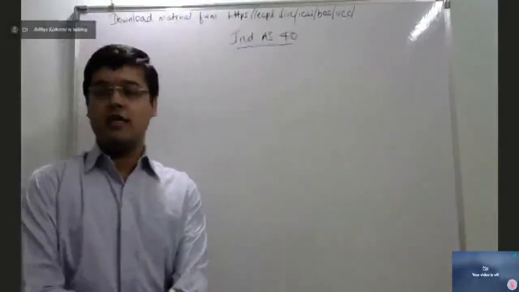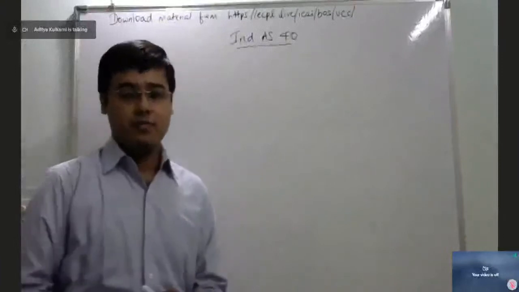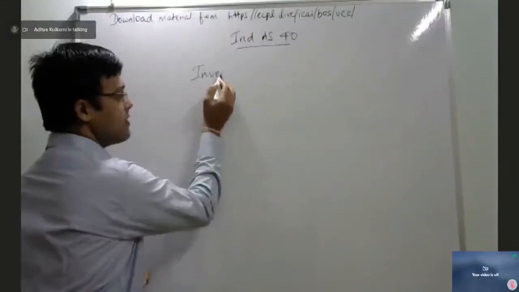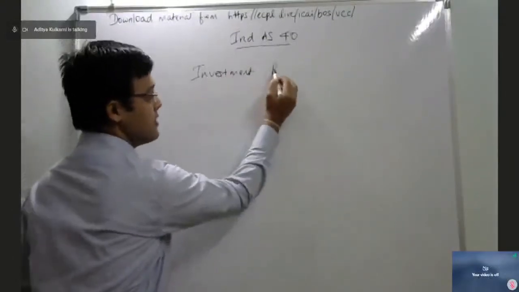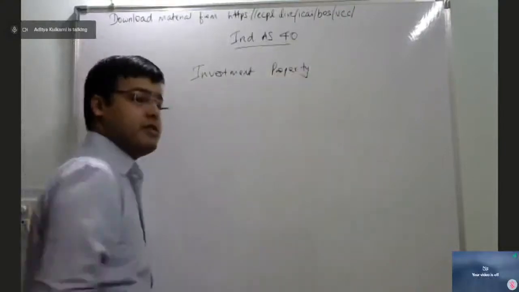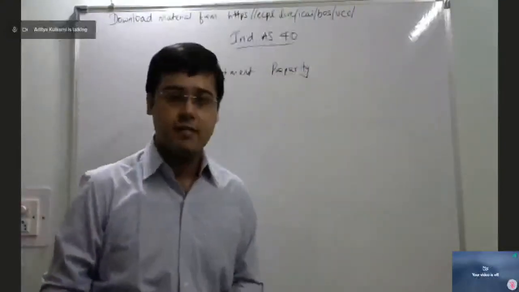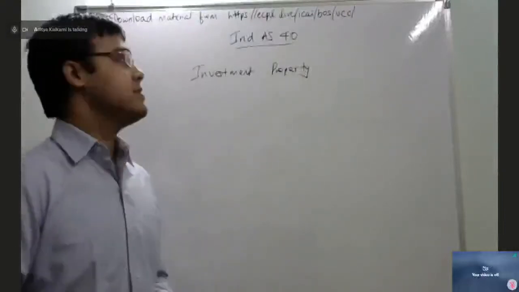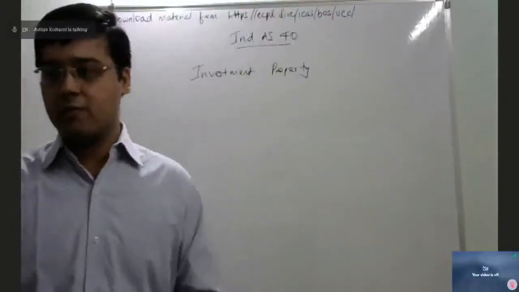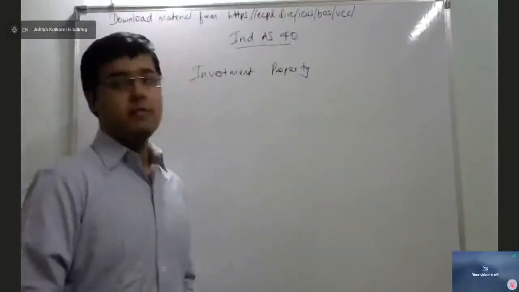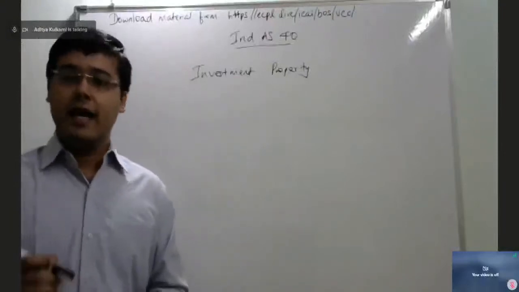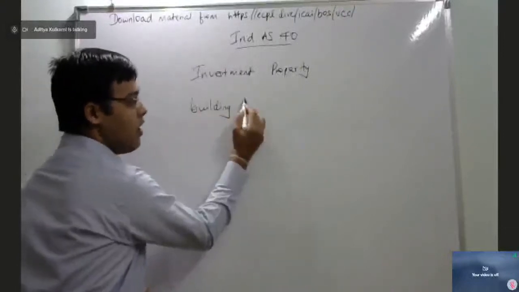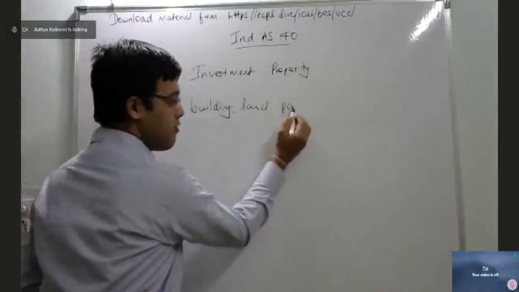So, the first standard for the day, that would be Ind AS 40, which deals with investment property. So, what do you understand by the term investment property? If I look at a simple definition, a property that is held for investment qualifies to be an investment property. The standard defines investment property specifically to mean any property which includes building or land or part of building